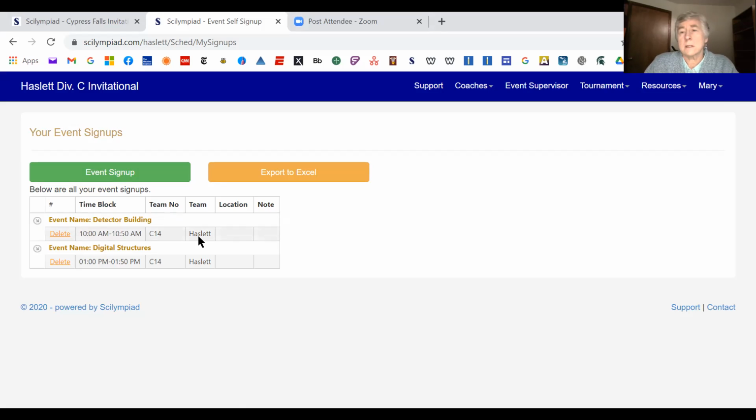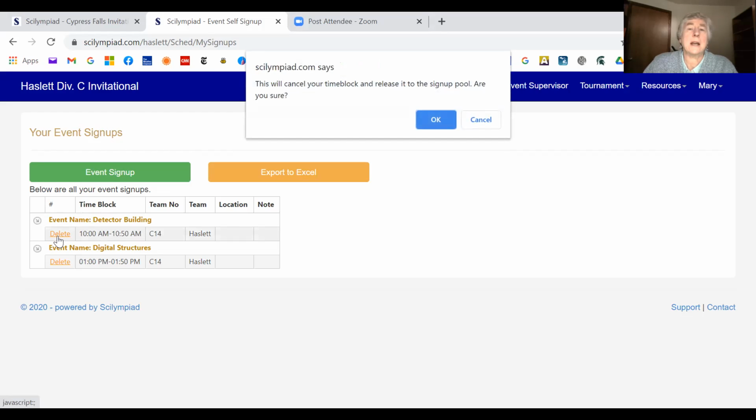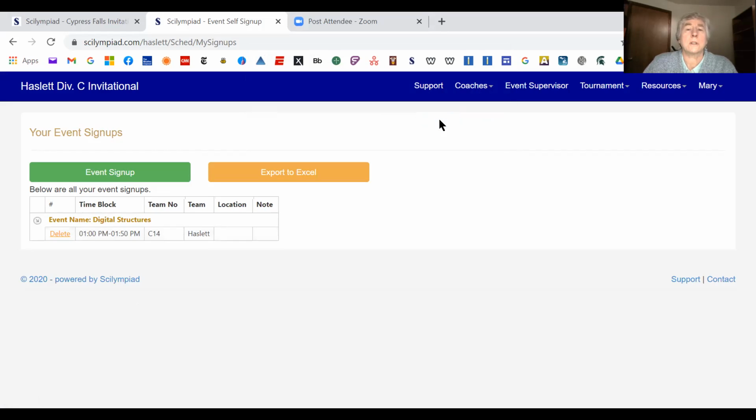Okay, something else is that suppose a student gets sick or tells you that they can't come, they have a family emergency, it could be anything, but it will happen. And so what you need to do is from this page, you first need to delete their time block. Let's say we're changing detector building. So we're going to delete the 10 o'clock time block, and that has to be done on this page. And then, of course, are you sure? Yes, I am sure. And so then you say, okay, and now you want to go back to the event signups,